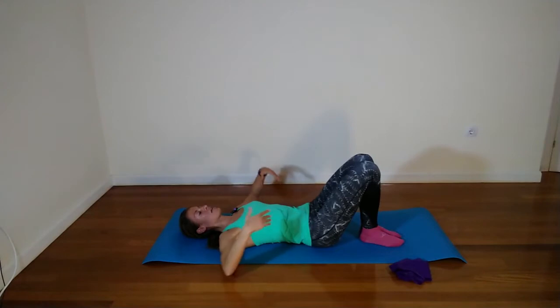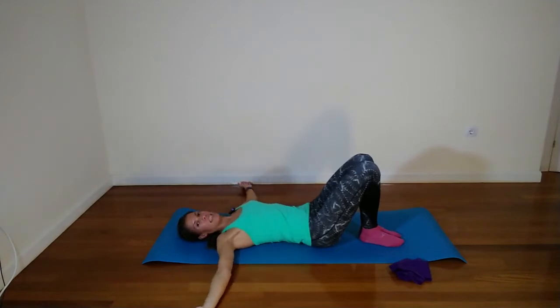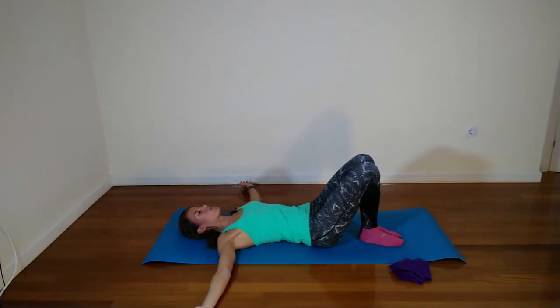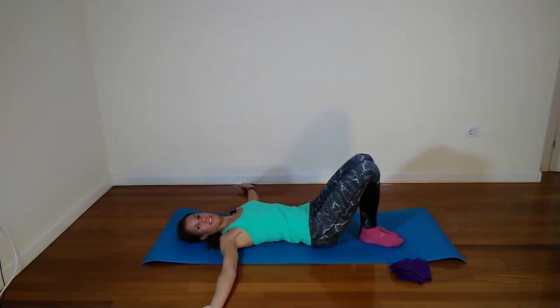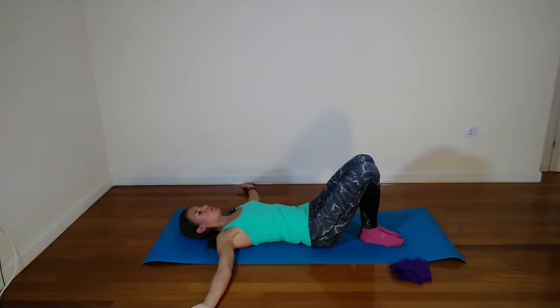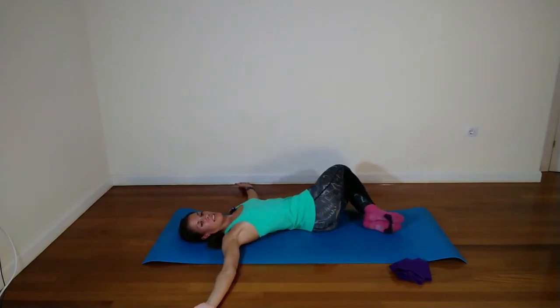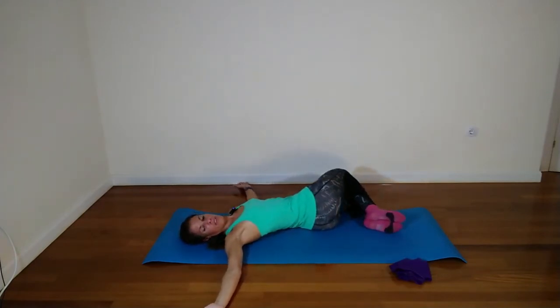Then we're going to take the arms out to the side, like a capital T, maybe a little bit lower if this is uncomfortable. But basically you want to feel the chest nice and open. We're going to take a deep breath in, deep breath out, find a little bit of tension through the core, and as you feel that, twist the hips to one side, neck the opposite. It's okay if you start right to left, just make sure your head goes away from the hips. We're going to inhale,